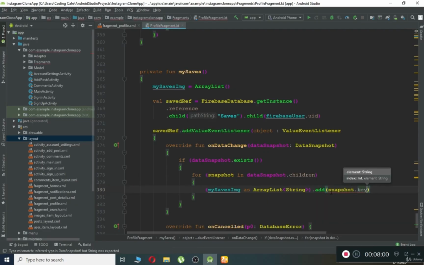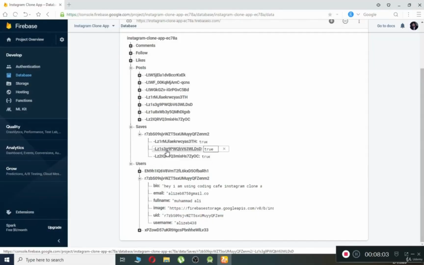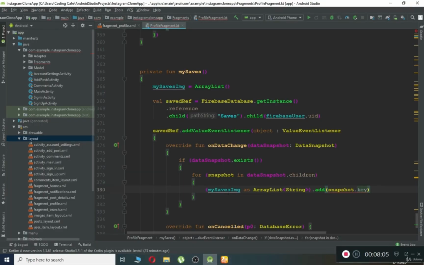So it will get each key one by one, and it will store it inside this mySavedImg ArrayList, the type of which is string, and it must not be null, then add this non-null annotation here. And now the next thing is, once we have all these keys, we have to create another function, and by using these keys, which are stored inside this mySavedImg ArrayList, we have to retrieve the data